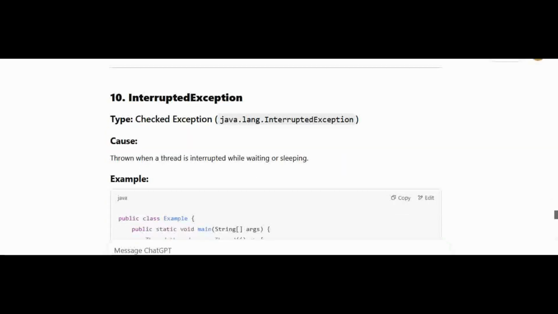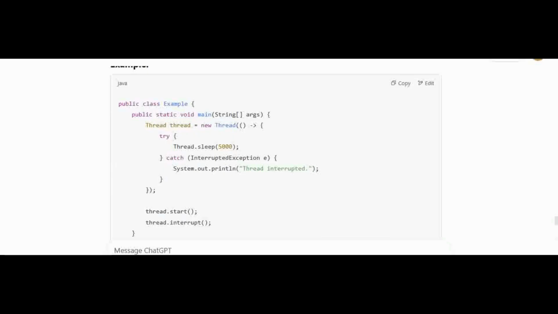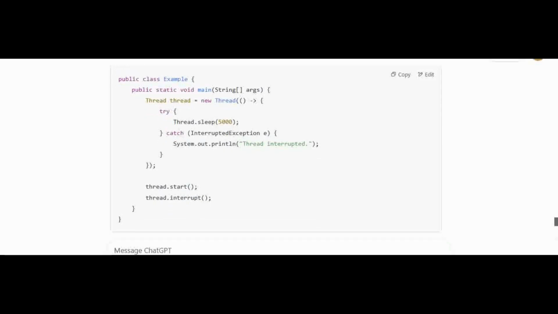Example: we have public class Example { public static void main(String[] args) { Thread thread = new Thread(() -> { try { Thread.sleep(5000); } catch (InterruptedException e) { System.out.println("Thread interrupted."); } }); thread.start(); thread.interrupt(); } }